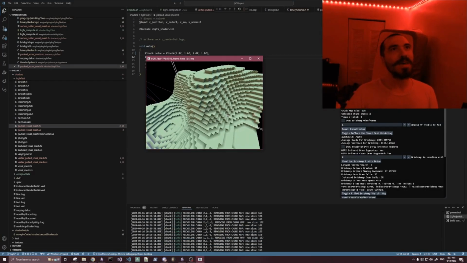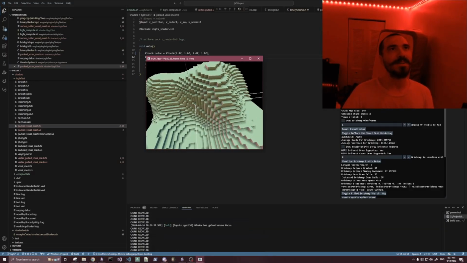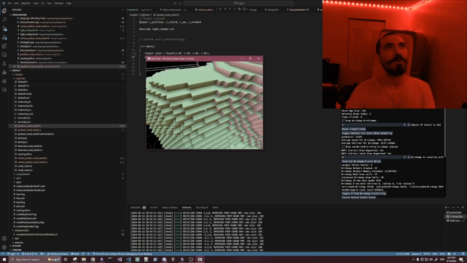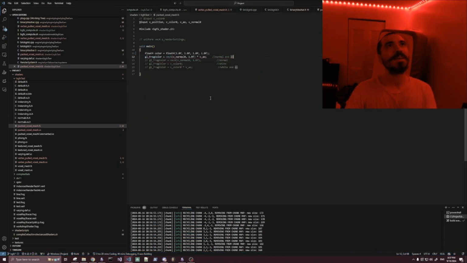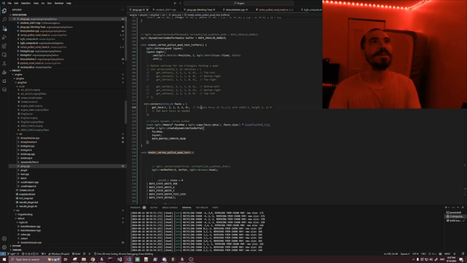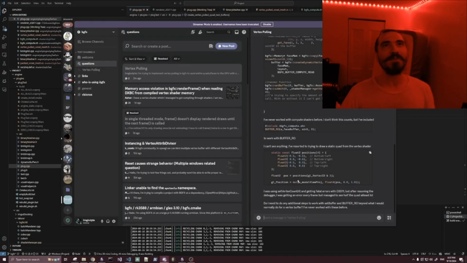What each face of this is doing, I can't show you the triangle mesh down here because I just haven't set it up because I'm trying to save data that we're sending to the GPU, but each single quad is 6 vertices, and what I was trying to work on today is vertex pulling, where you just pack whole faces in with a single uint32, but I can't quite get it to work with BGFX,